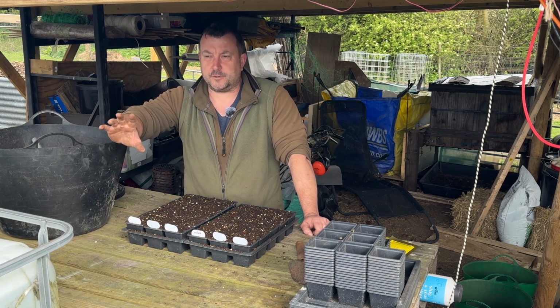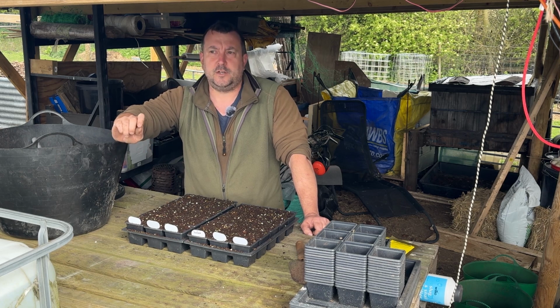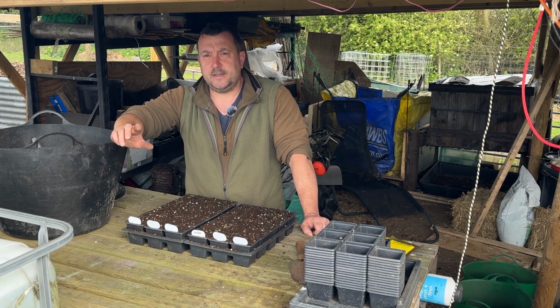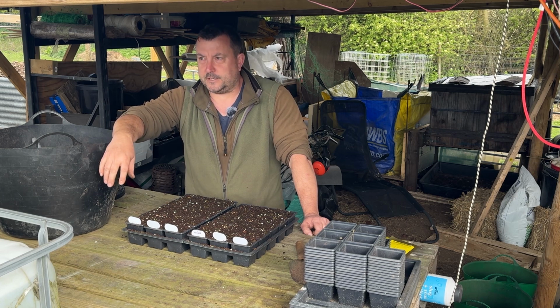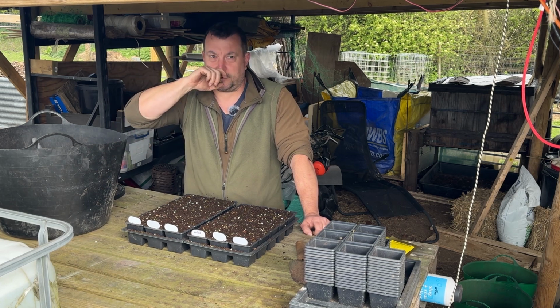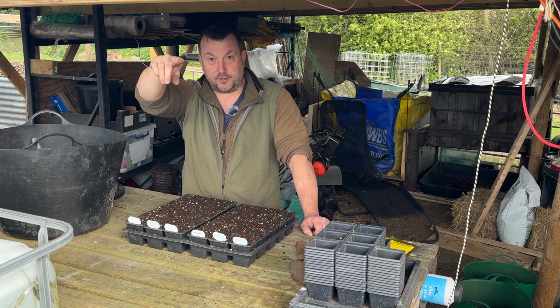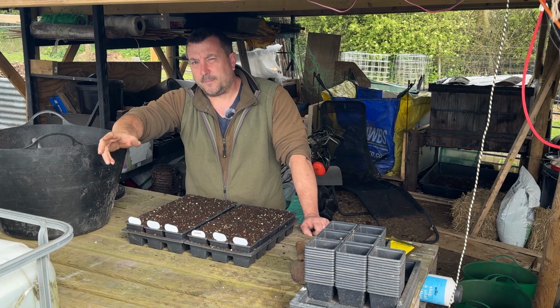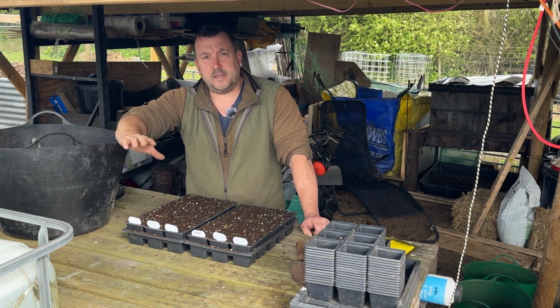I've mentioned it a couple of times, but I lost all my tomato plants one year on the 6th of June. We had a minus, I think it was 2.5, 3. Quite a hard frost, especially as it was June. And obviously all my potatoes was up. This was a few years ago when I had them all out in the ground. I wasn't doing any containers and that, and they all got hit. They did come back and had a harvest, but I just think